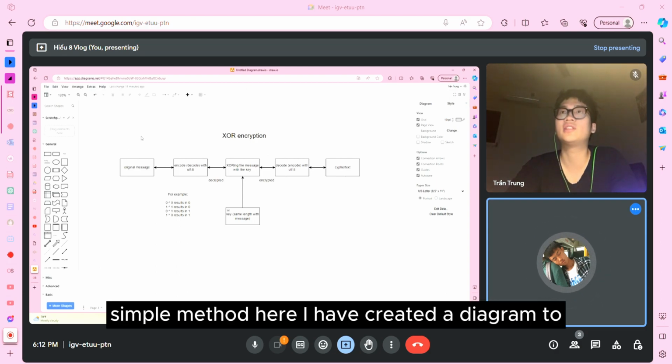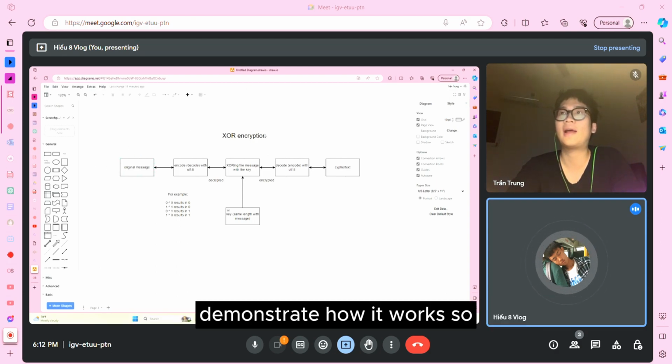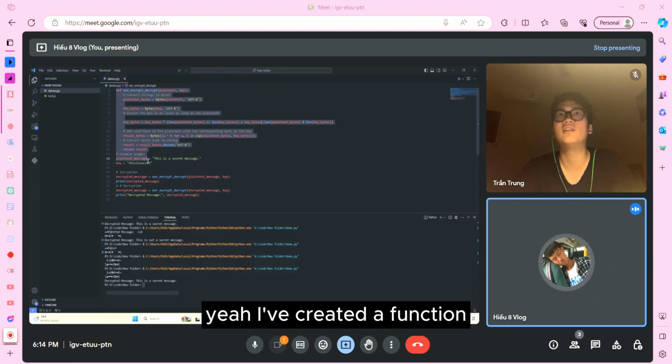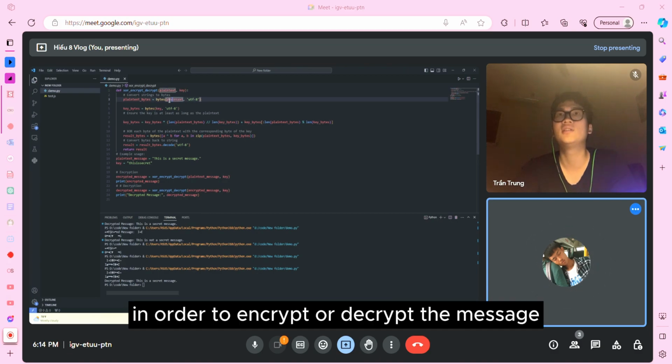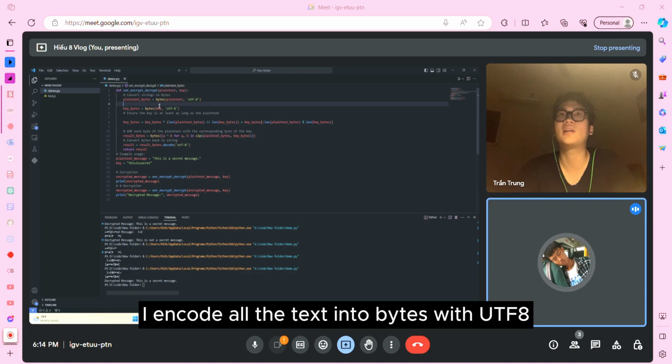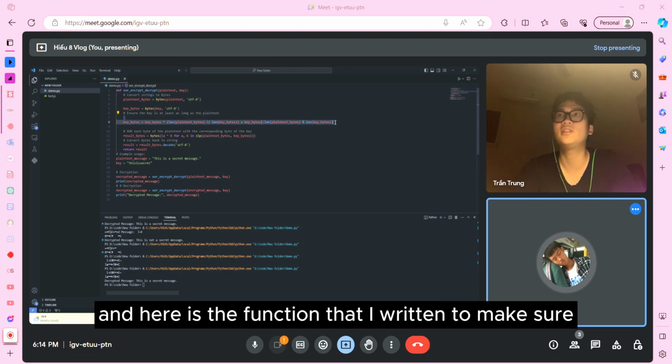Here I have created a diagram to demonstrate how it works. So here I've created a function. Here you can see it takes a text and the key in order to encrypt or decrypt the message. So here I encode all the text into bytes with UTF-8, and here is the function that I created to